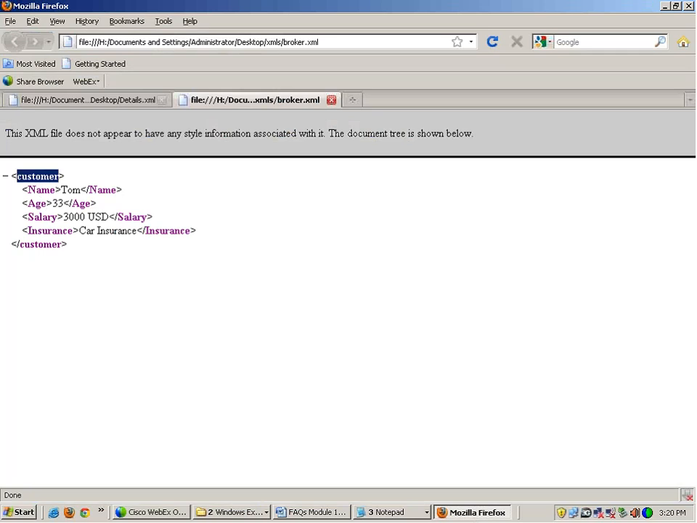It's got tags. Everything is inside a customer tag: name, age, salary, insurance. Now this kind of file can be sent over the internet to the insurance companies. What I'm doing is simply sending insurance companies the data. The broker is not asking insurance companies to share their account details or login details so that we can calculate the insurance. So we send the data to the company, and in return,